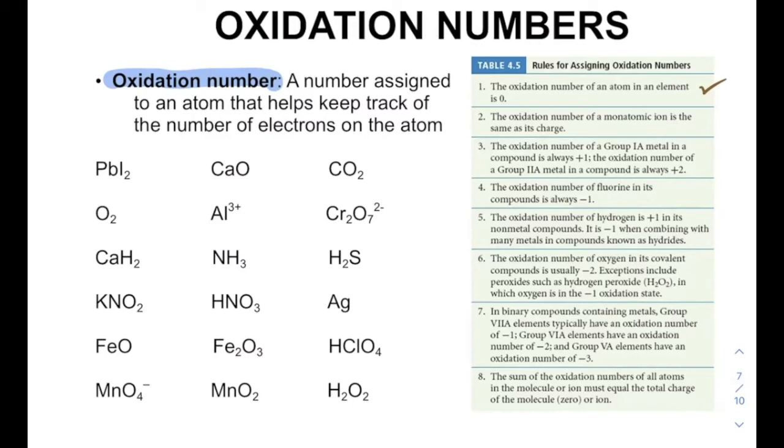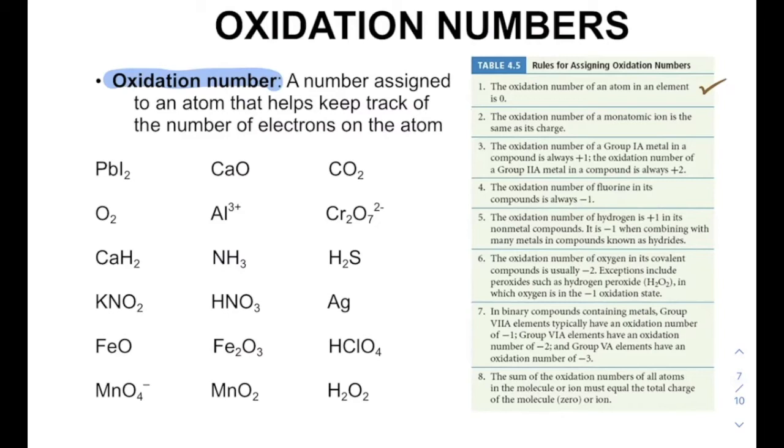The oxidation number of oxygen in its covalent compounds is usually -2. Exceptions include peroxides, H2O2, in which the oxygen is -1. In binary compounds, group 7 elements typically have an oxidation number of -1, group 6 elements typically have an oxidation number of -2, and group 5 elements have an oxidation number of -3. The sum of the oxidation numbers of all atoms in a molecule or ion must equal the total net charge